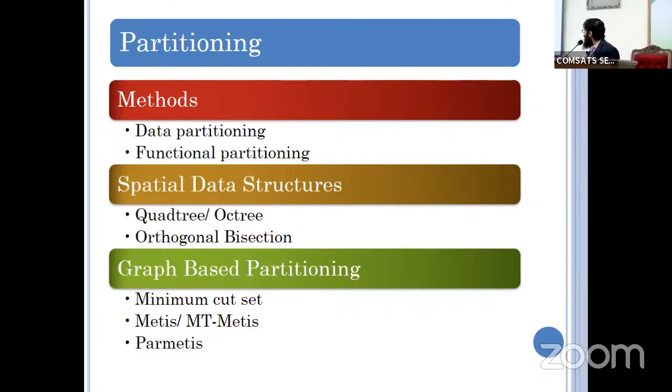Based upon your configuration, you can go for the quadtree or octree method, or a spatial data structure. Whenever I say you would like to use a spatial data structure, that means there should be 2D or 3D information. 2D means you should know the x coordinate and y coordinate. If you go for 3D, there will be data about the x coordinate, y coordinate, and z coordinate. There are some other configurations available. If we have hodgepodge data, then you can easily go for graph-based partitioning. In most software, you can see METIS